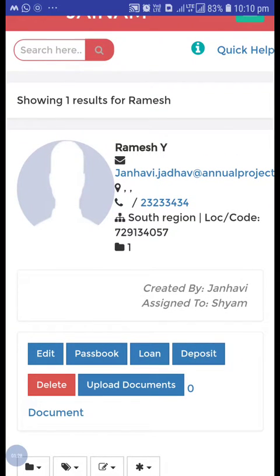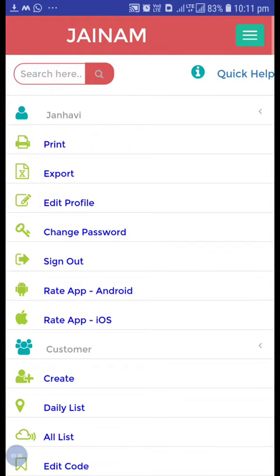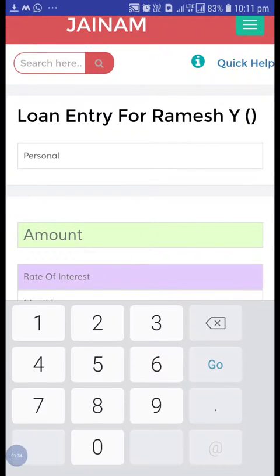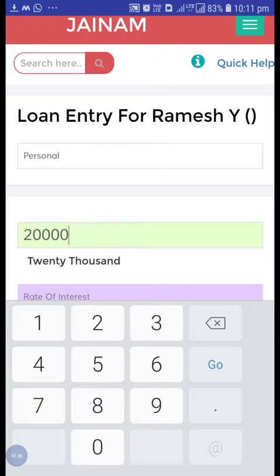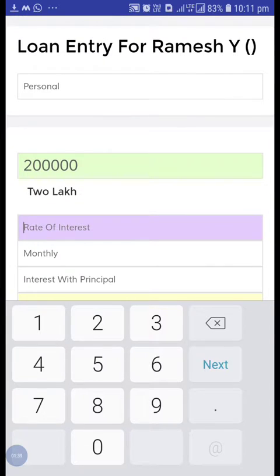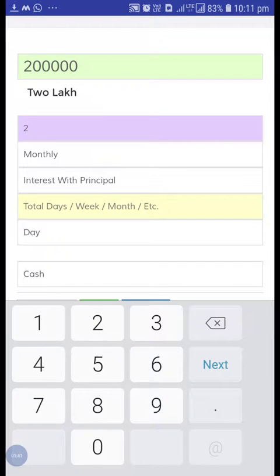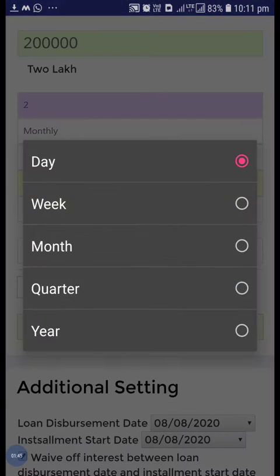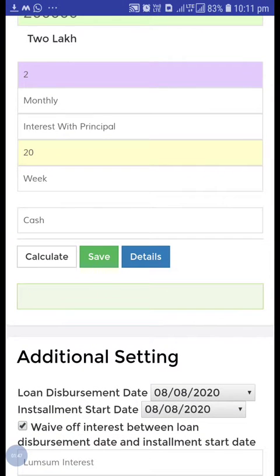So from the loan, just create one loan against him. So for example, let's take 20,000, 2% rate of interest and for 20 weeks, and just calculate.